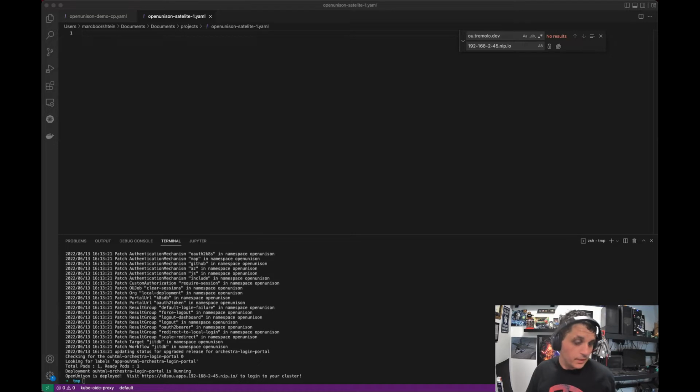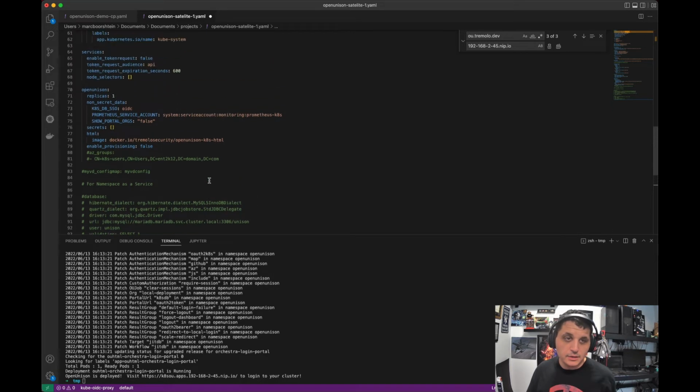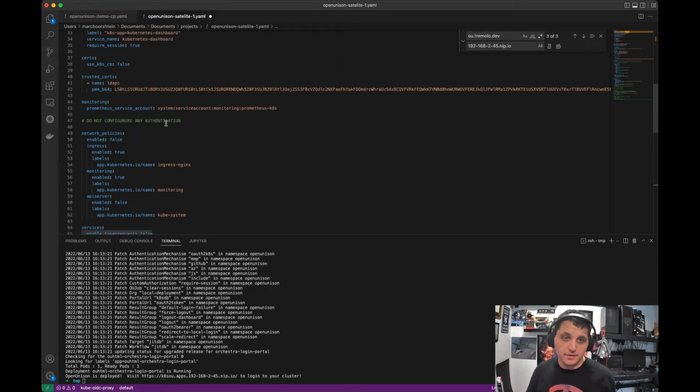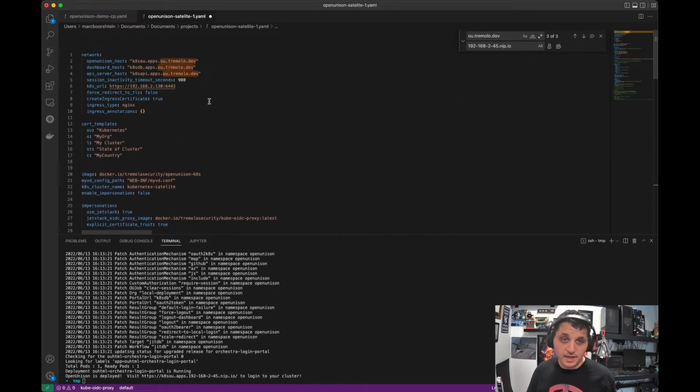So I need a new default values. This is very similar to the default values we used last time, except there is no authentication configuration. That's because the OU control command will do that for us. So we do have to update our